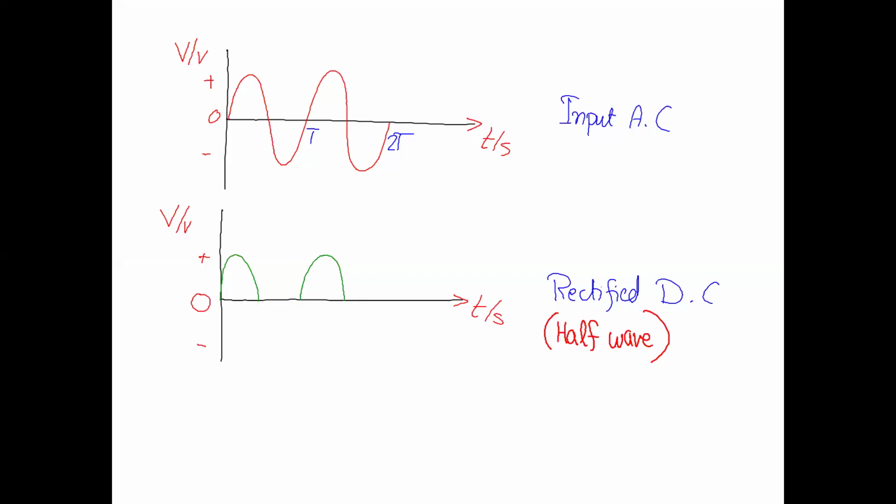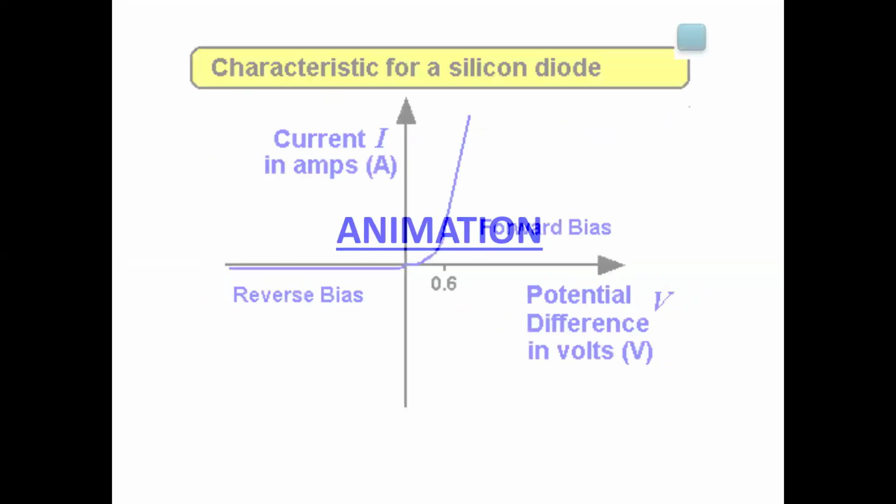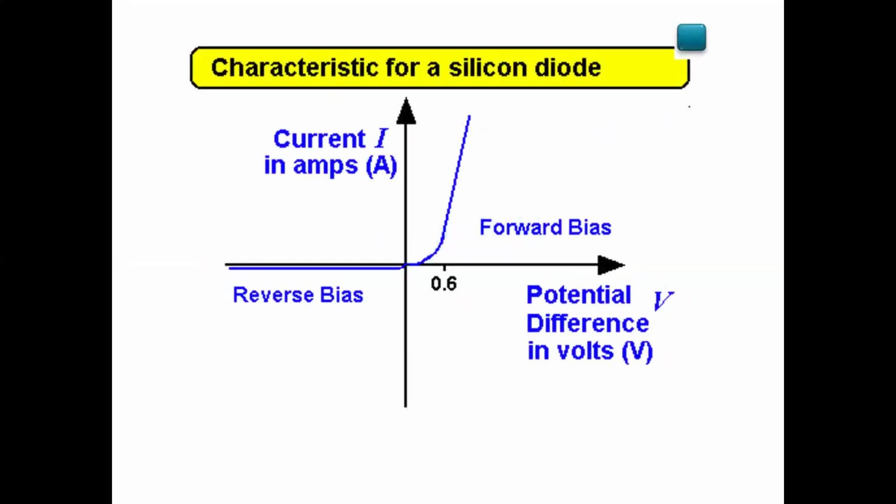This is the sketch of the diode, and we discussed this idea. Now, this was the sketch of a diode. This is the characteristic sketch for a silicon diode. Look at this. Reverse bias is the left-hand side and forward bias is the right-hand side. Reverse bias means the current is being